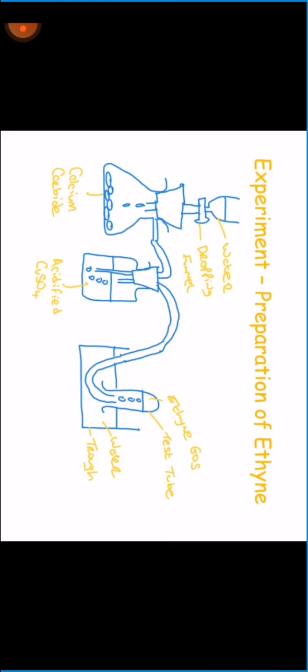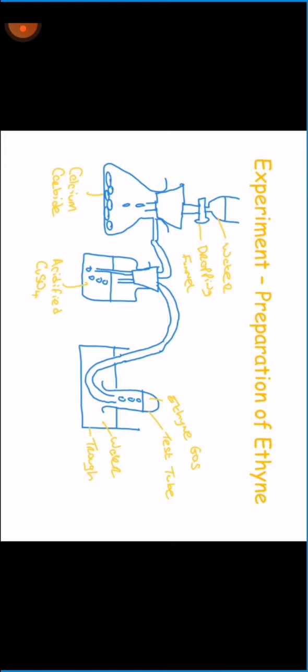Next, let's look at the production of ethine, and as you can see, the setup here is quite different to that of the production of the ethene. So for ethine, your main chemicals that you're using are calcium carbide here and water, which is in a dropping funnel. And you open the dropping funnel, allowing the water to drip down into the calcium carbide. It causes it to fizz, and the ethine gas is produced and passes through this tube along here into our